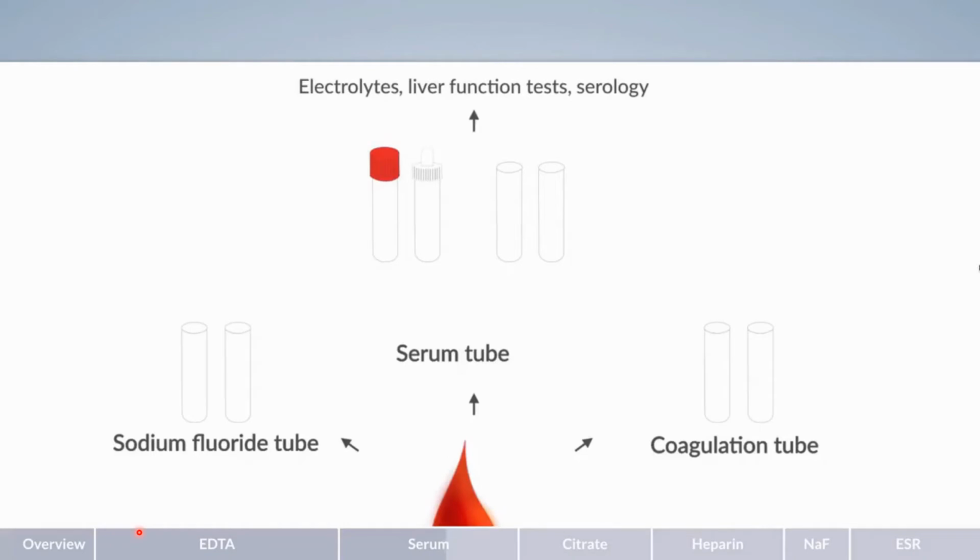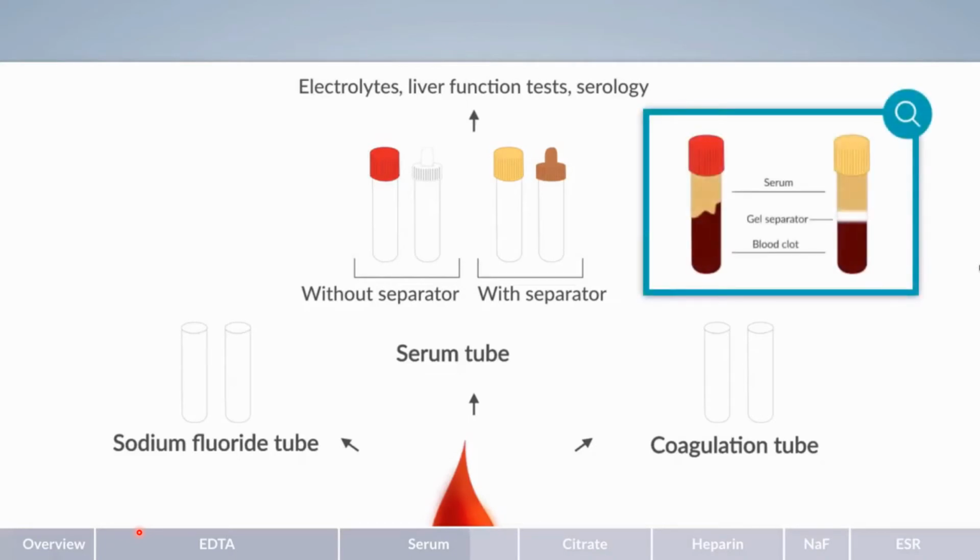These tubes don't contain a serum gel separator. However, there are also tubes that contain a serum gel separator. These have a yellow cap according to the international standard and a brown cap according to the European standard. The separation gel acts as a diffusion barrier because it has a specific density between that of serum and coagulated